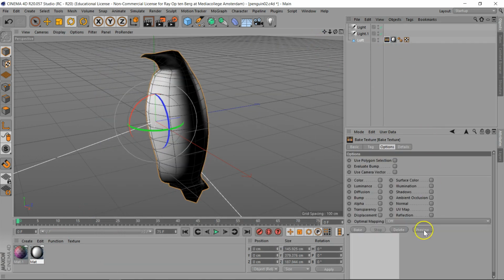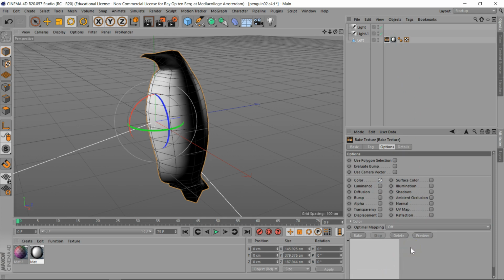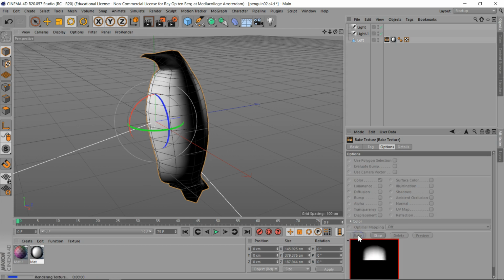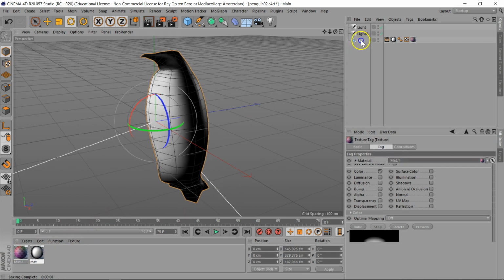So I'm going to go back to bake. I'm going to use the color map, and I'm going to use bake. Right, there it is. Now, on your hard drive, there's this texture with the spot on the belly of the penguin. Now, if you want to add stuff like little irises, etc., and you just want to paint them in, because that is supposedly the best way to do it with details for a game model, then why not actually put this one on top of it